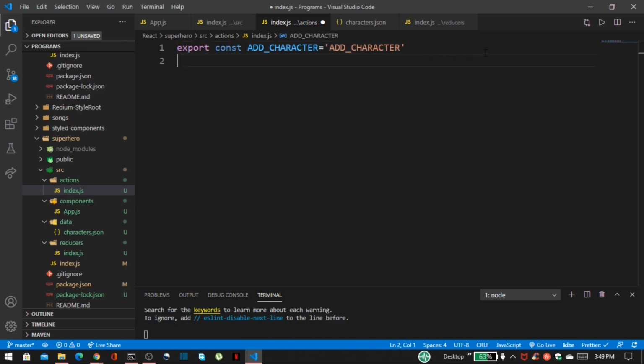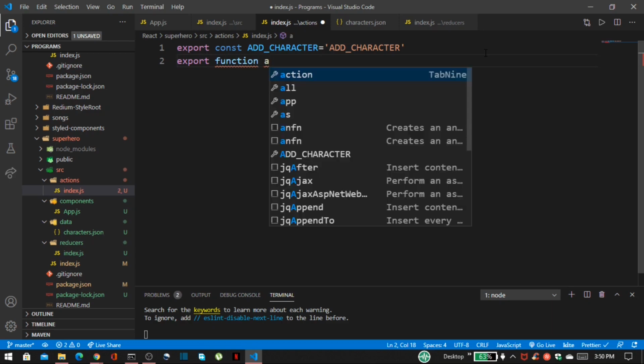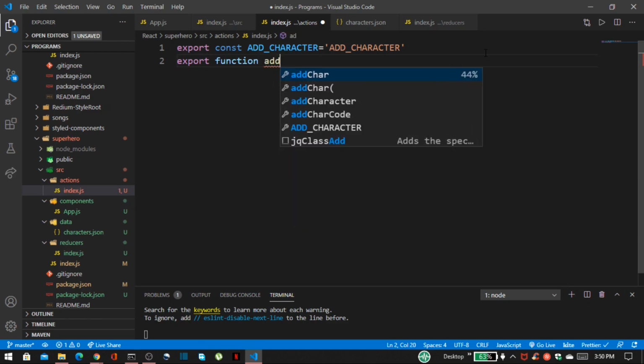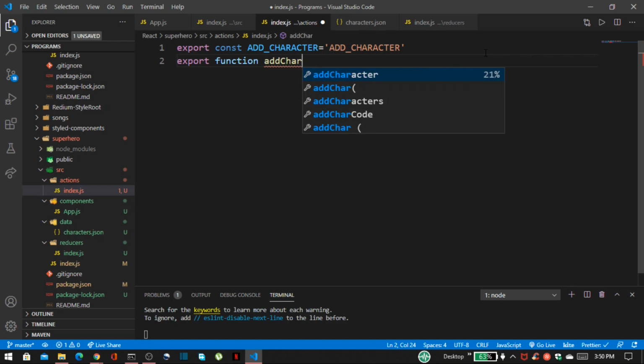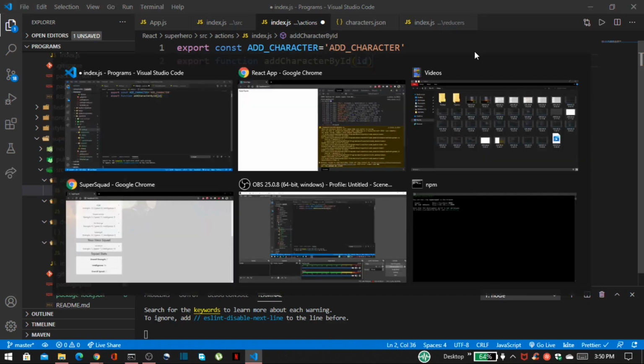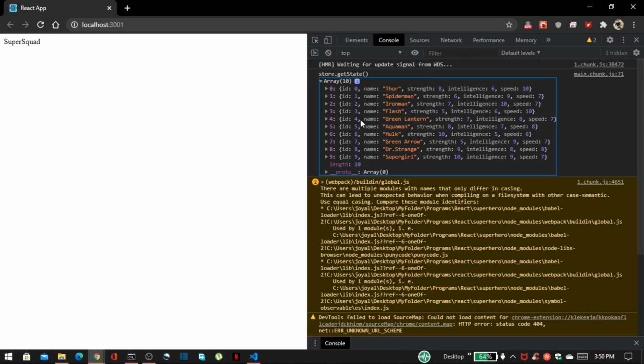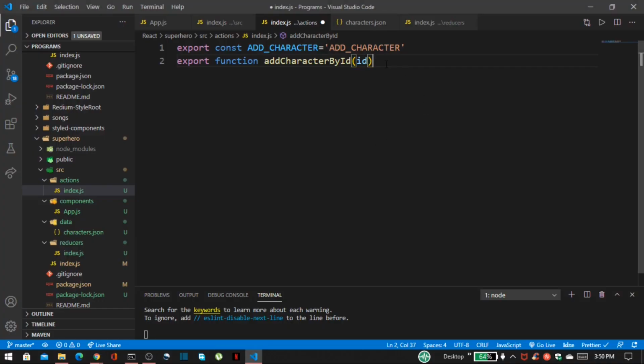After that, create a new function and also write export before that function, and the function name is add character by id. Inside that we have to pass id like this 0 1 2 3 4 5, and let's create another variable called action.